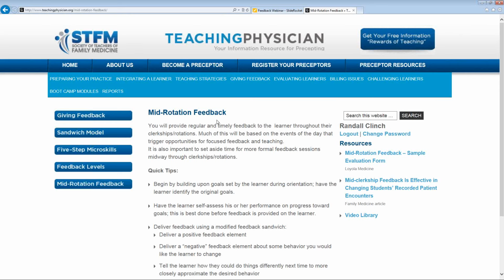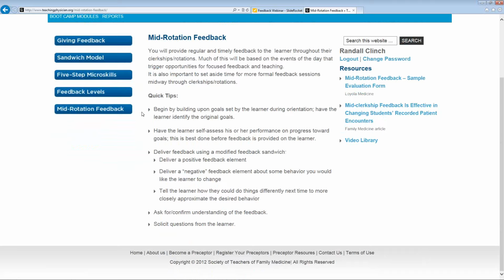So you'll see on the mid-rotation feedback, and putting on my hat for the accreditation, any medical school that has a student rotating with you that is spending a month or more, any month or longer required clerkship, has to have a mid-rotation feedback documented. The LCME, which is the accrediting body for the MD programs in the United States and Canada, requires this of any rotation 30 days or longer. So if your medical students are coming to you, and they might, saying, I need to get my mid-rotation feedback, this is an important accreditation requirement for your institutions.